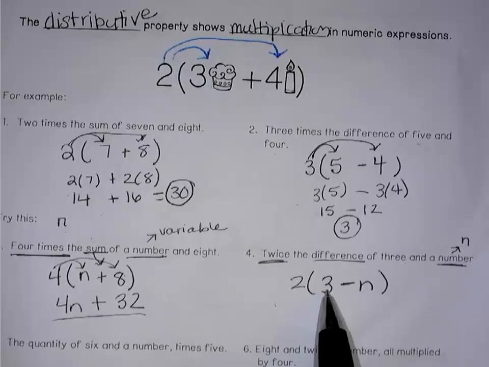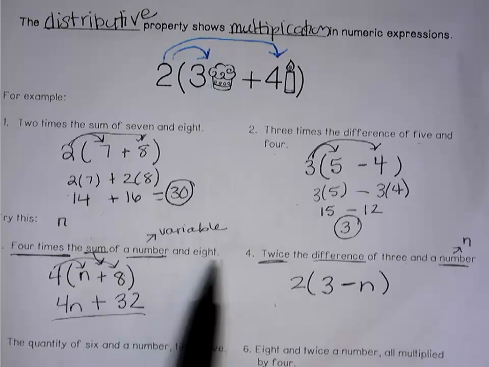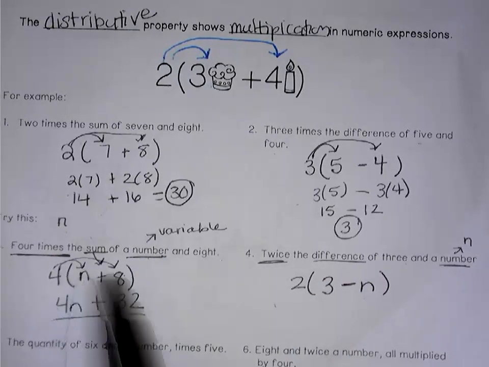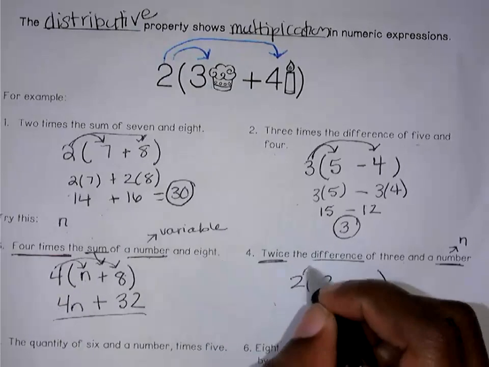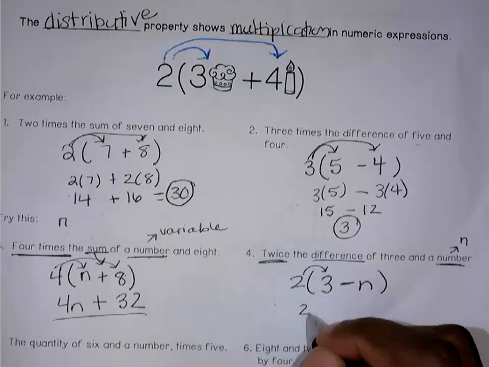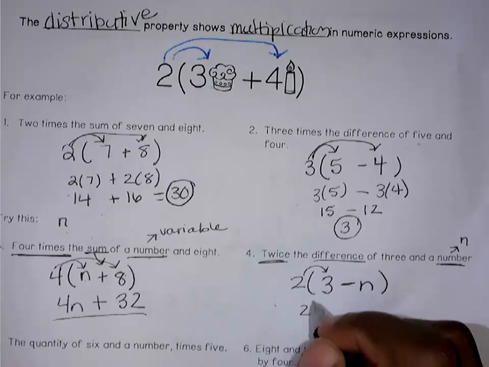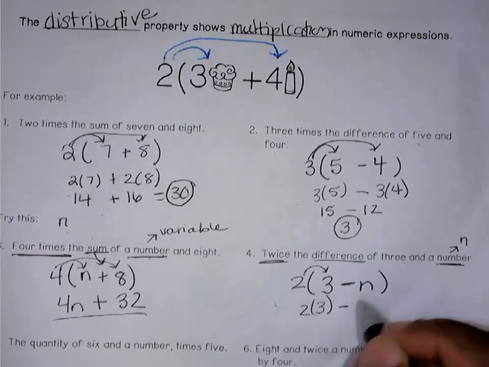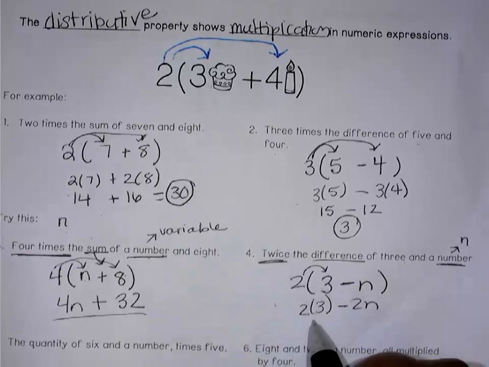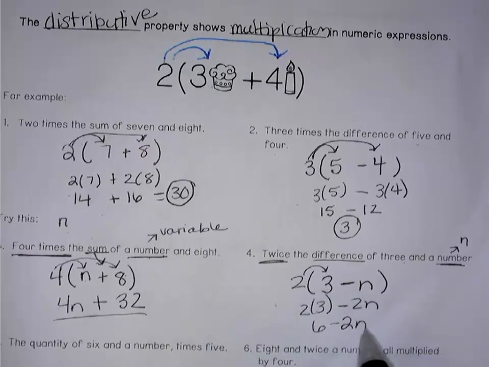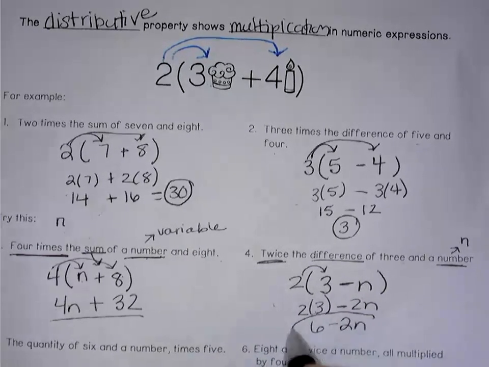So 3 came first. Just like the sum of a number and 8, the number n came first. Same thing. Multiply it times 2 times 3 minus 2 times n, and you have 6 minus 2n, and that will be your final answer because they are